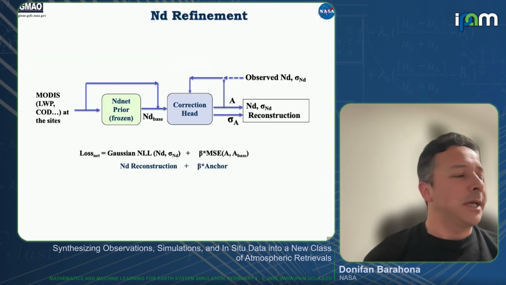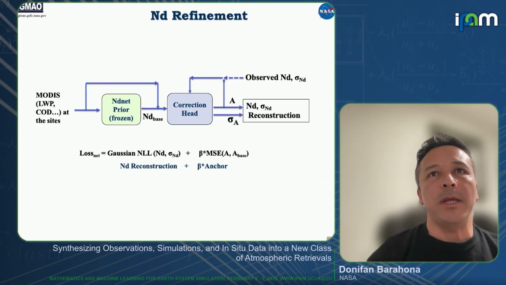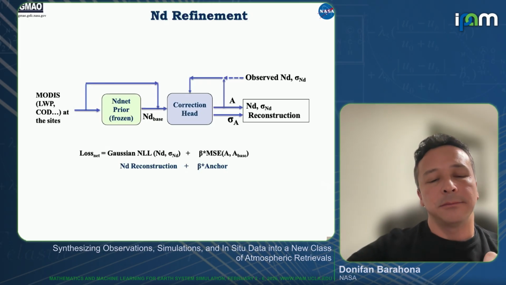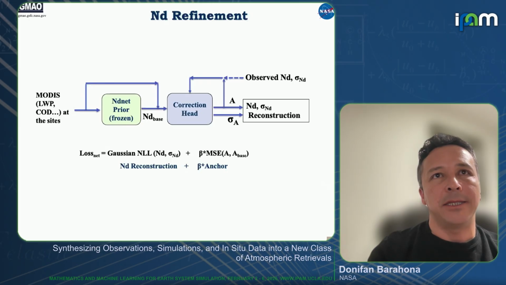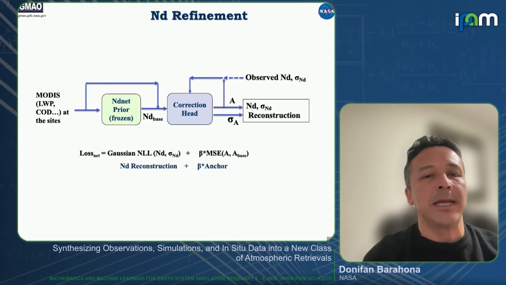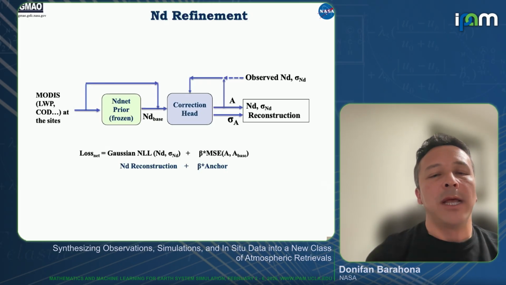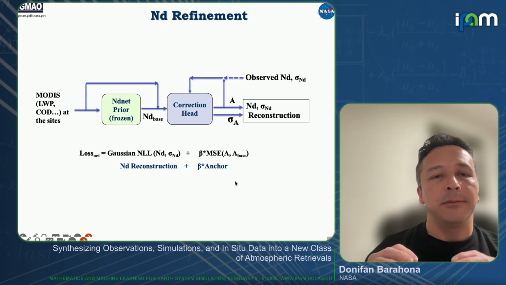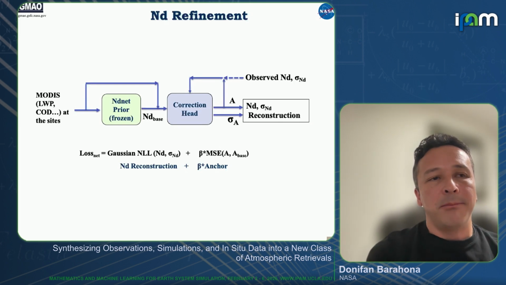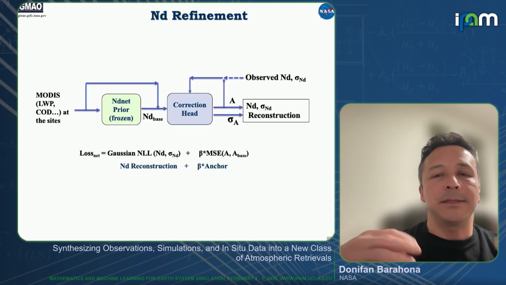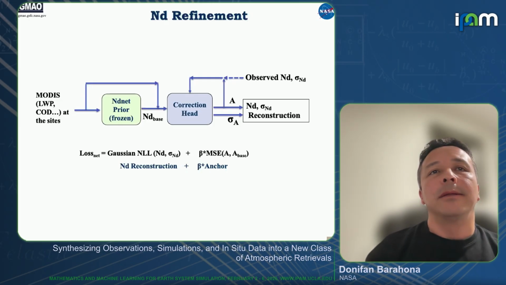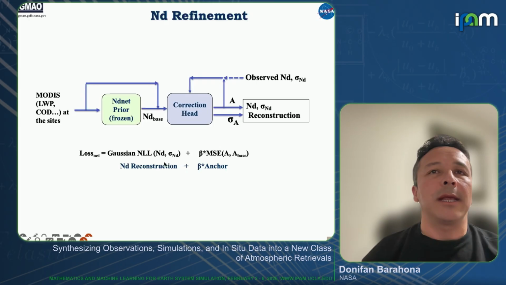So the next part, of course, is how we go about correcting this. In this case, we did not put an additional layer onto the prior as we did with WNet. We actually used two different neural networks. The reason is that we need to be able to anchor the first estimate, the second neural network, that correction head, to the prior. Otherwise, it just goes crazy and starts to increase things where the data is more available. So for the loss here, we have a Gaussian NLL, and that's also nice.